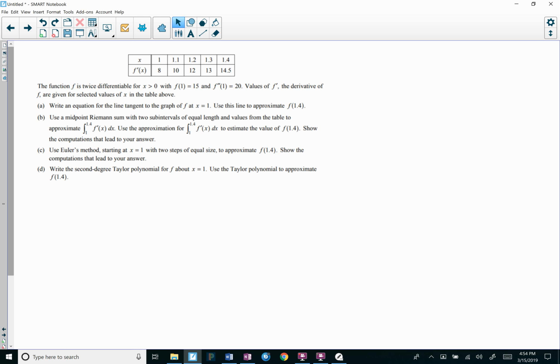Okay, I assume you've read and worked the problem. I think it's another straightforward one, pretty clear as to what you need to do. So the question is whether you can do it. Okay. So let's go ahead and start with part A, write an equation for the line tangent at x equals